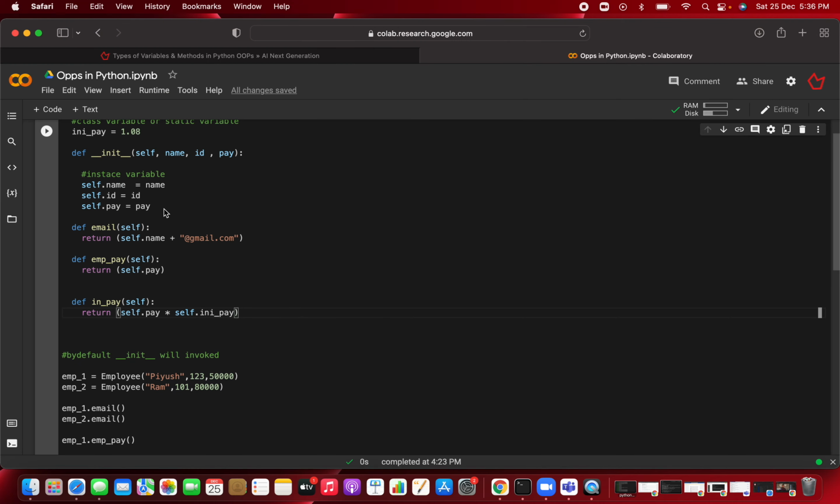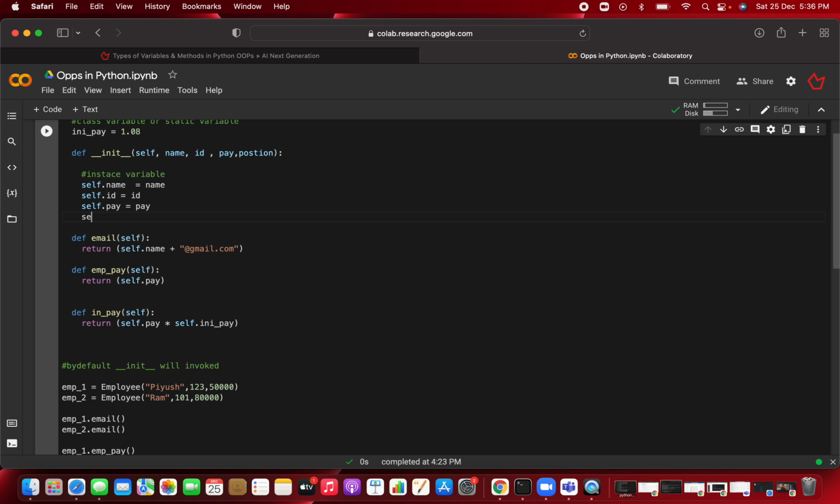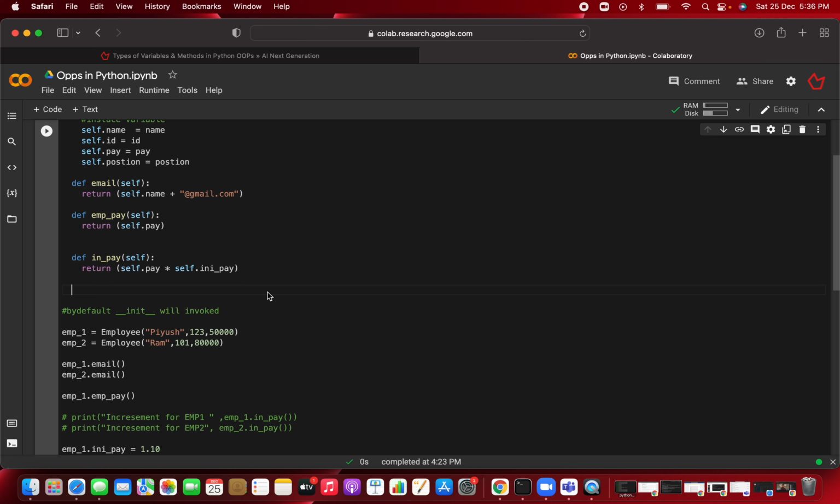Suppose we take one more parameter, that is position, meaning the position in which that particular employee works. So you write self.position, and you also take the input whenever you create the object of this class. For the first one, Piyush, you can say he is a software engineer.